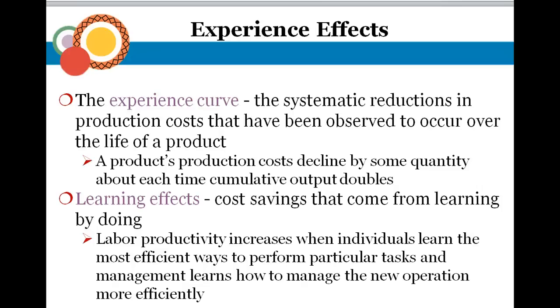refers to reduction in production costs that have been observed to occur over the life of a product. So you take something like the Xbox or the PlayStation 3. When they were first being produced and manufactured, they were very expensive for Sony and Microsoft to manufacture. As the years went on into the fifth and sixth year of production of these video game consoles, they got the cost down dramatically. So production costs decline with the amount of experience they have in making it,